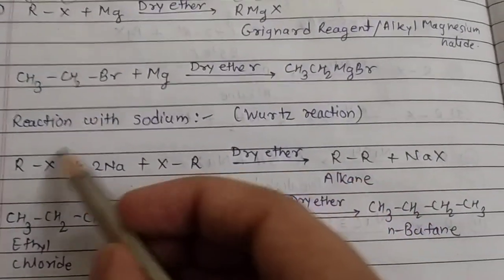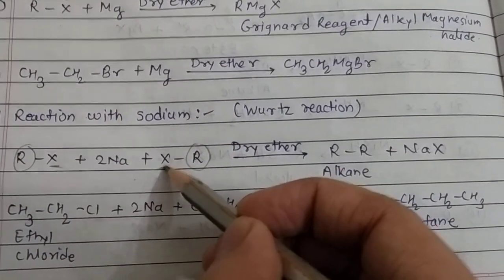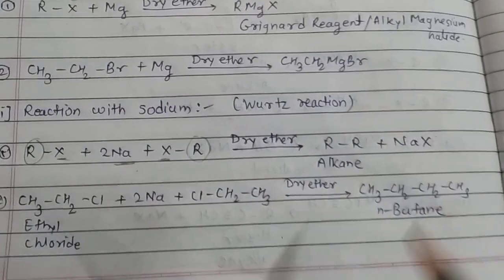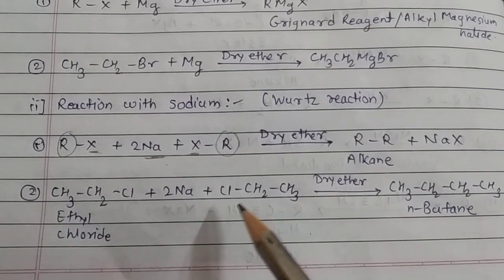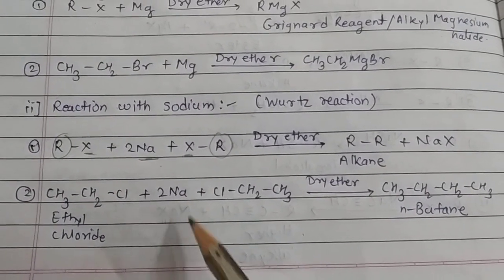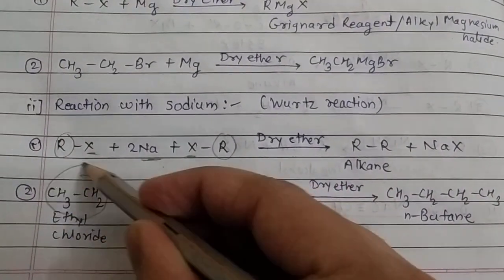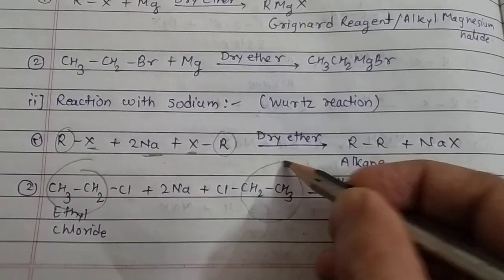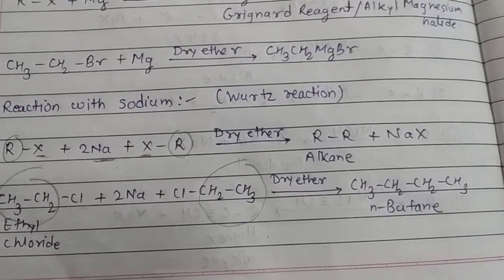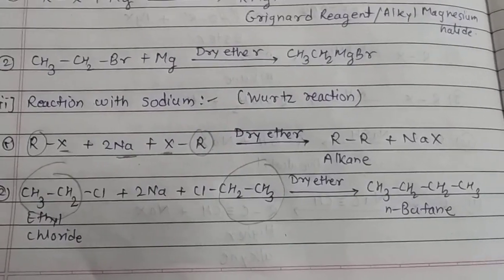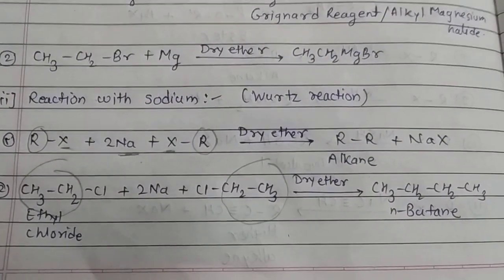So R-R. These two R groups combine and the two halogens go with sodium, so that is NaX. See, ethyl chloride CH3CH2Cl, two molecules of ethyl chloride with sodium will give butane. So combine this ethyl group with this, so there are a total of 4 carbons. The formula becomes C4H10 and butane is formed. The byproduct is NaCl. So that's how we can prepare alkanes from haloalkanes by using Würtz reaction.